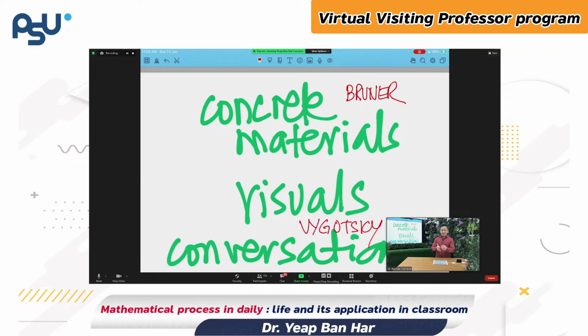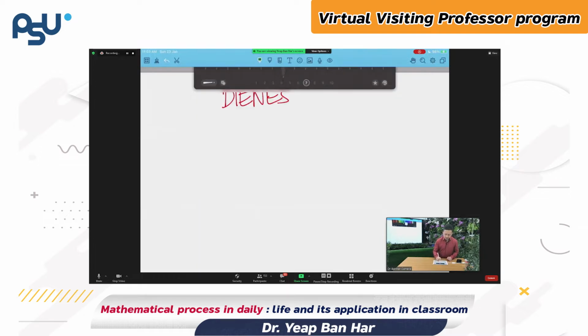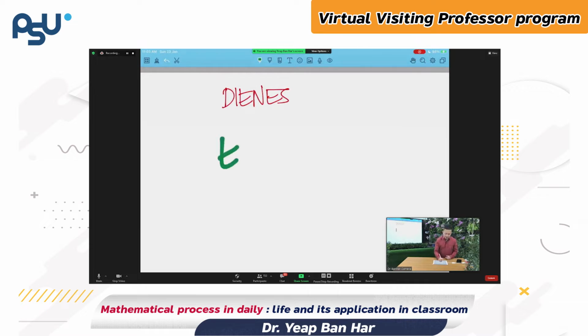We do mathematics by using our hands. We do mathematics by drawing. And we do mathematics by using symbols. We do mathematics using all three forms of expression. Not just symbols, also language. Not just symbols, but also visuals. Not just symbols, but also concrete materials. Thirdly, there is Dienes. Dienes's theory tells us students learn because they explore.